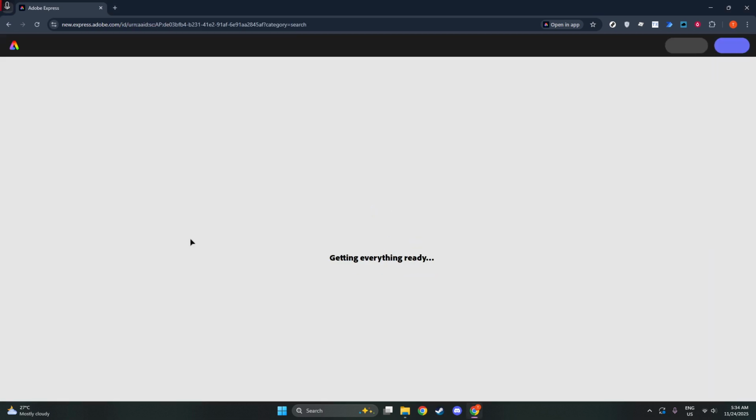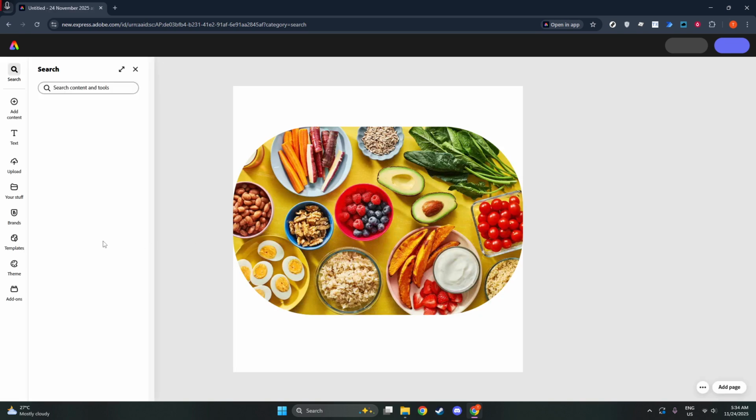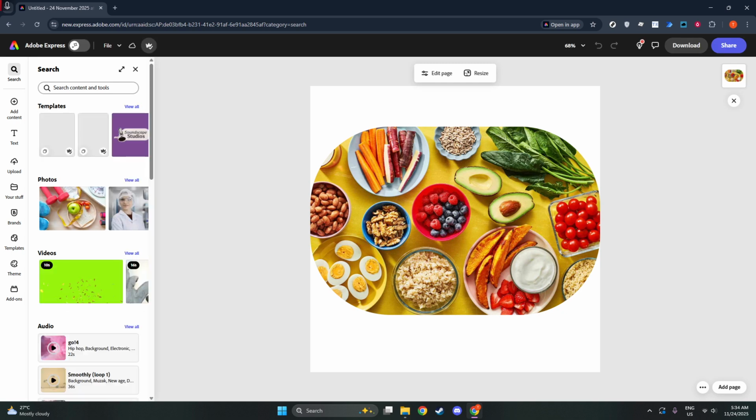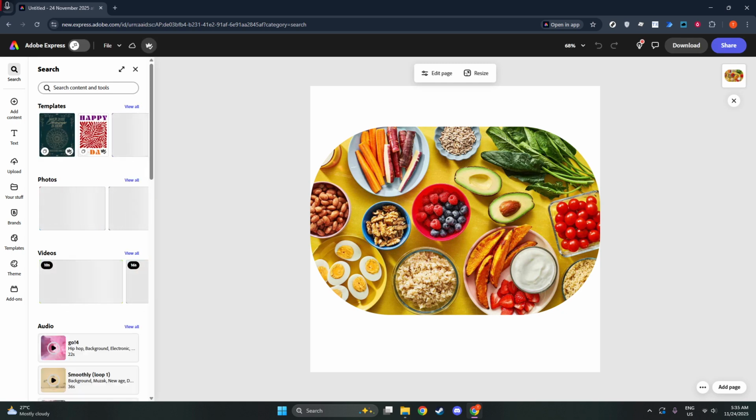If you don't see the box right away, try clicking once more, or make sure you're not accidentally selecting the background or another element on your canvas. It helps to zoom in a bit if your image is small or close to other elements, so your selection